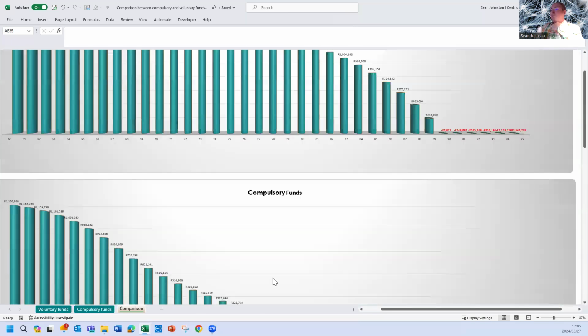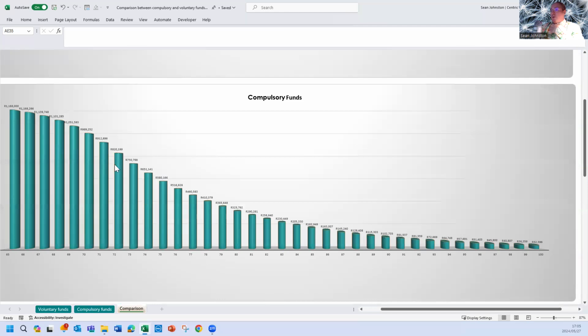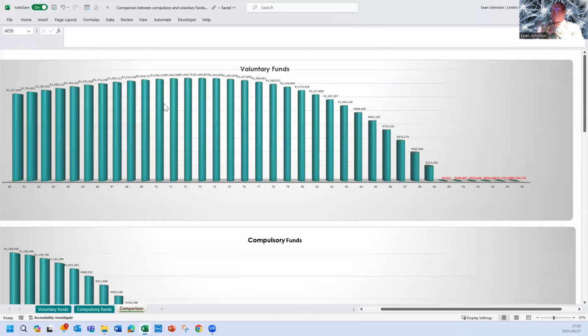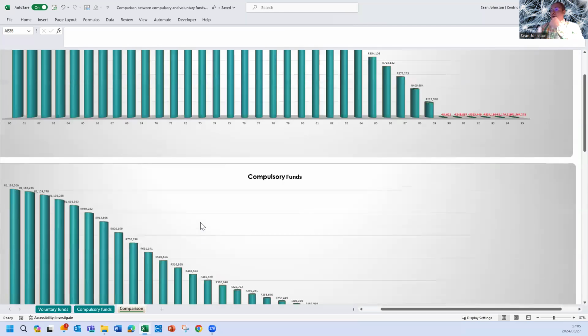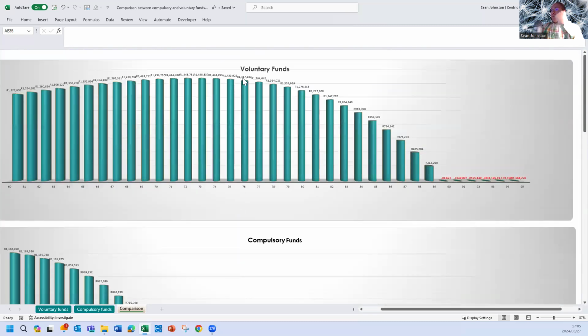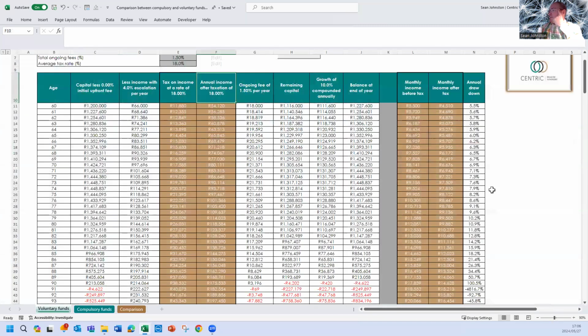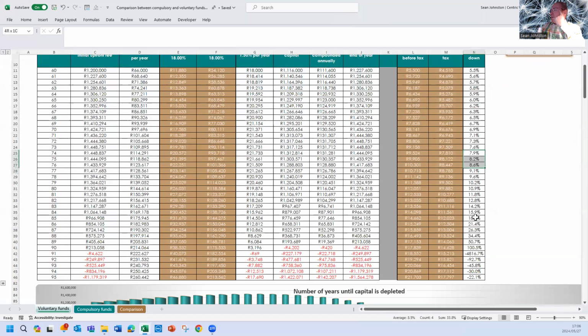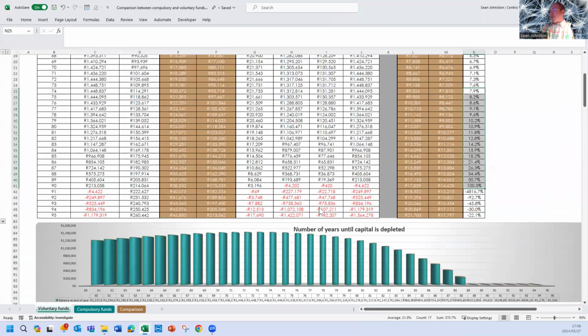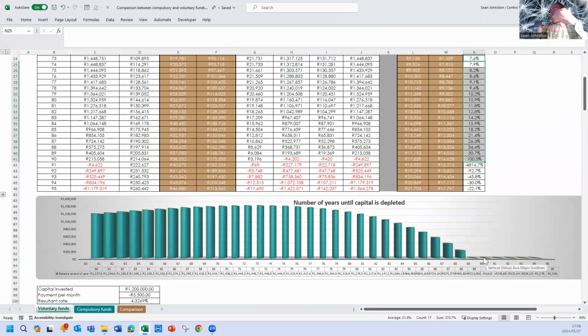And the reason for that, of course, is that your compulsory money is starting to reduce at the 17.5%. And your compulsory money is also starting to deplete. As you can see, the rate is starting to go down. If we go into the graph over here, we can start to see what I mean by that. The drawdown rate's going up at a faster rate, and therefore it starts to deplete to the point of complete zero.